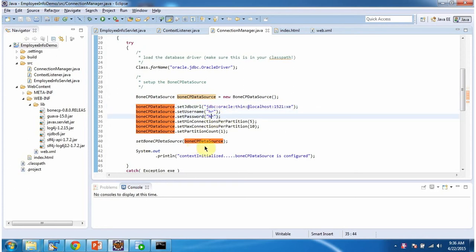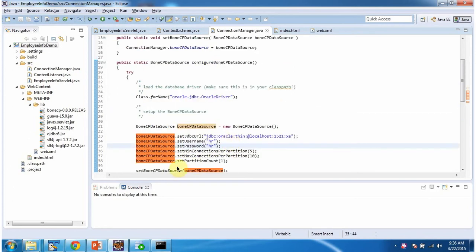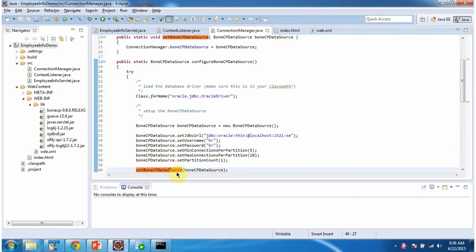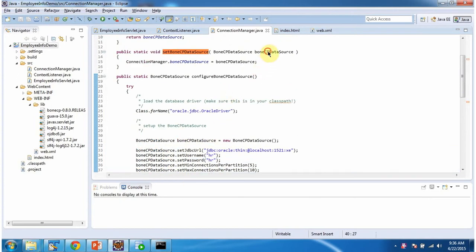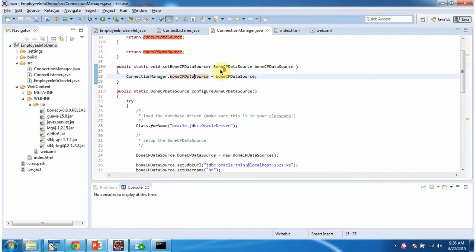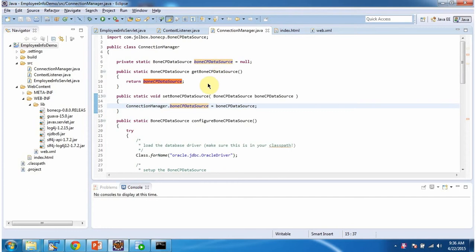And once I configured the BoneCP data source, I am calling the setBoneCPDataSource method and setting the BoneCP data source variable. And using this getBoneCPDataSource method, we can get the BoneCP data source throughout the application. And from this BoneCP data source, we can get the connection object and connect to the Oracle database.